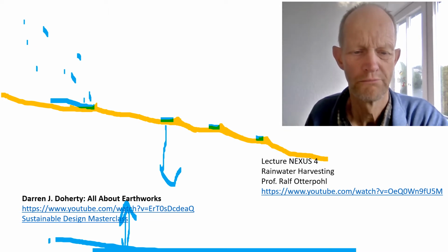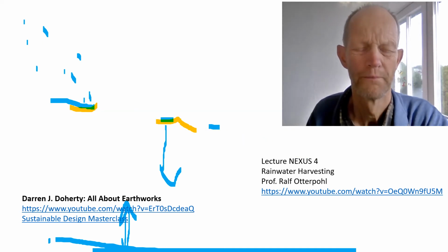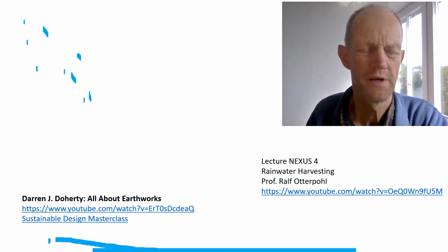However, and that's now the way of like the non-engineering solutions. So now making the swales on this drawing is relatively simple. That was the wrong one. Let's just erase this all. The swale here